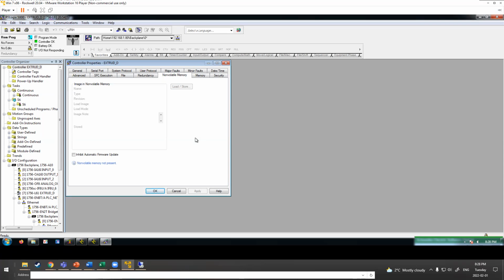So the SD card for the ControlLogix and the CompactLogix can be configured to do something similar. You load it with the program, and on power cycle, it can load from SD card. On major fault or minor fault, it can load from SD card. It's a really powerful and really useful tool, but